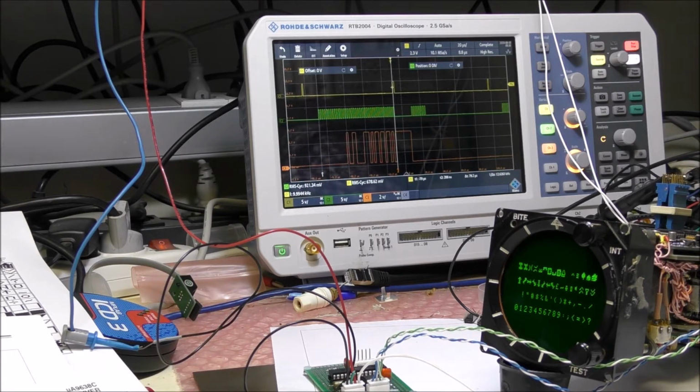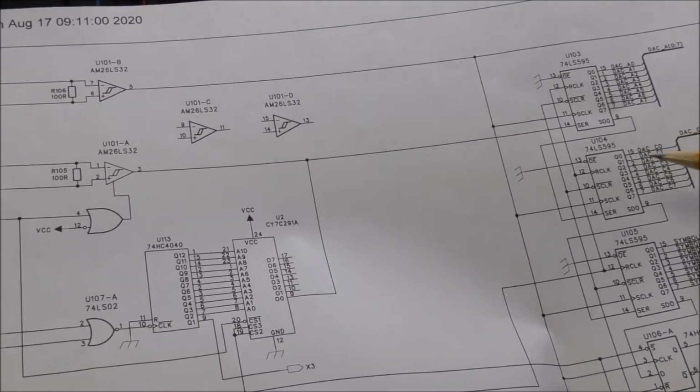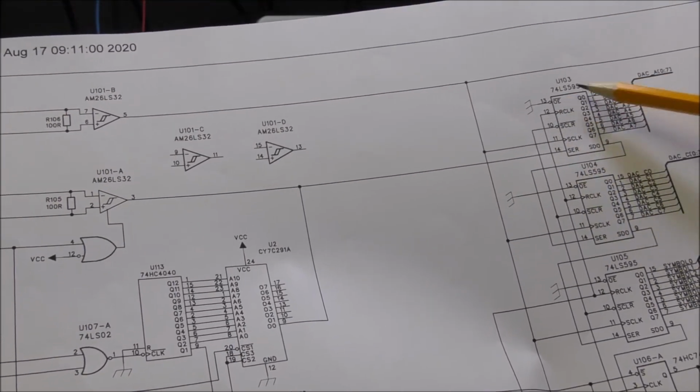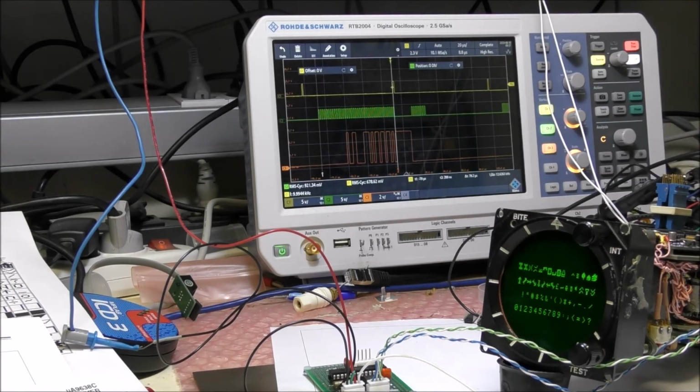I will show you in the schematics to remind you. This is the RCK signal, which is here, RCLK, which permits to load the content of the shift registers to the outputs. This is provided by the PAL inside the instrument, so you don't have access to it. And this signal is important, because if you don't know the way that the instrument generates this validation signal, this thing will not work.